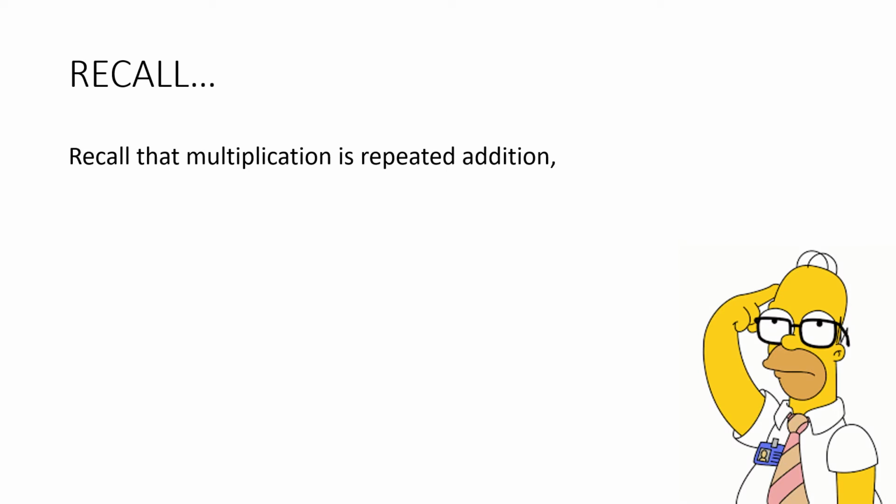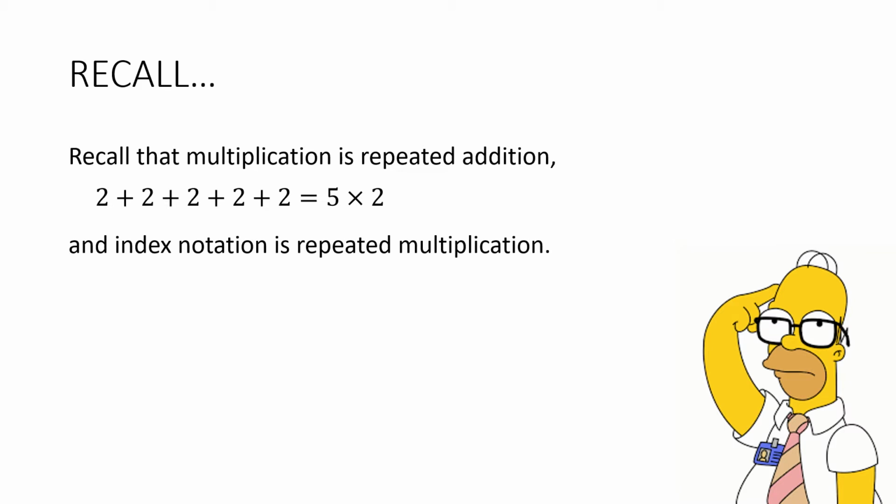In this first video we're going to look at defining logarithms. So recall that multiplication is repeated addition. So instead of doing 2 plus 2 plus 2 plus 2 plus 2, we can write 5 times 2. Also recall that index notation is repeated multiplication. So instead of doing 2 times 2 times 2 times 2 times 2, we can do 2 to the power